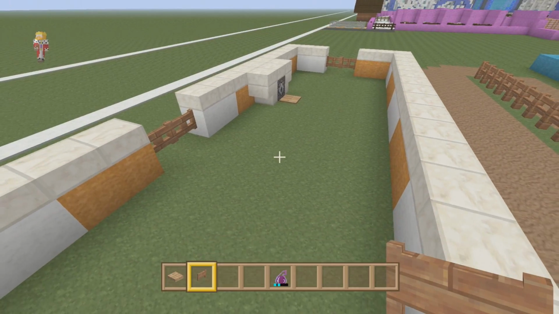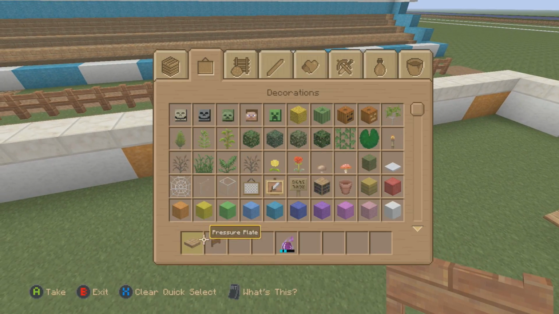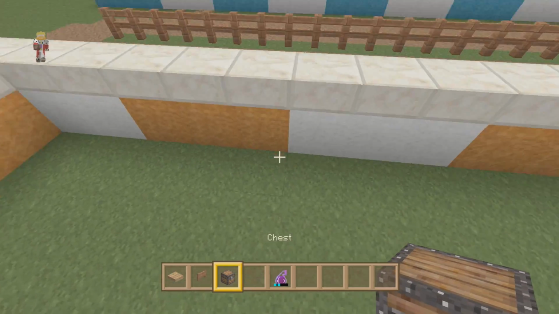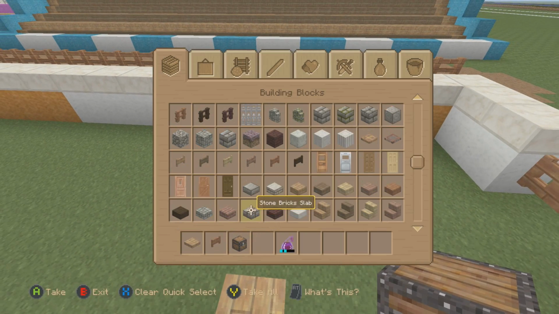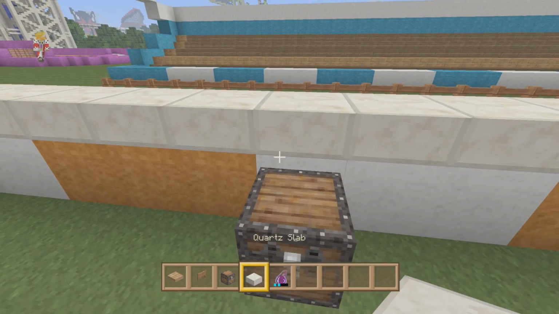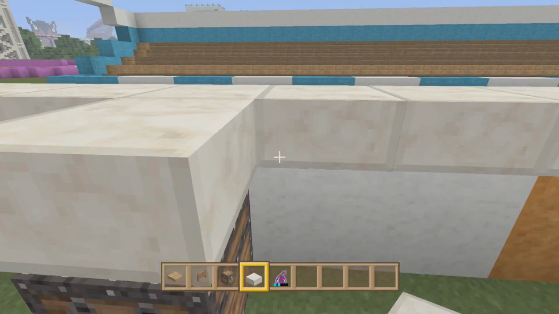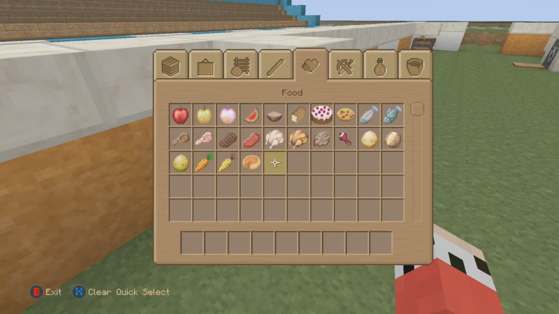We want a chest with saddles and sugar in. So we'll have a chest and a chest, but we still don't want them to be able to climb on that. So what we're going to do is put a slab above them. That way we can still open the chest, but horses won't be able to, at least naturally by themselves, get on top. Let's get some sugar